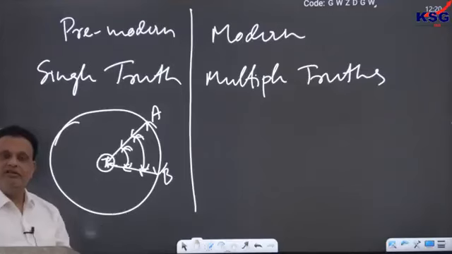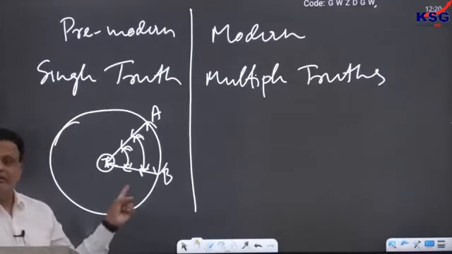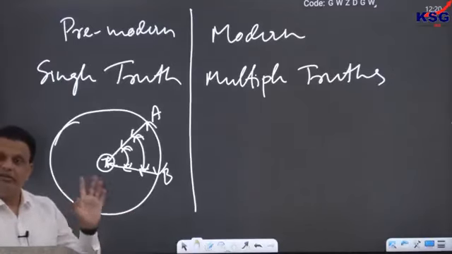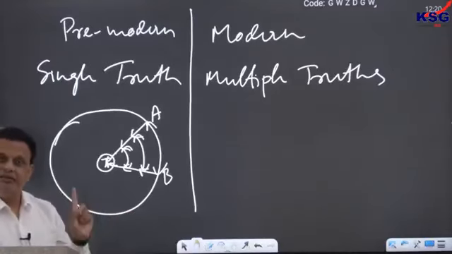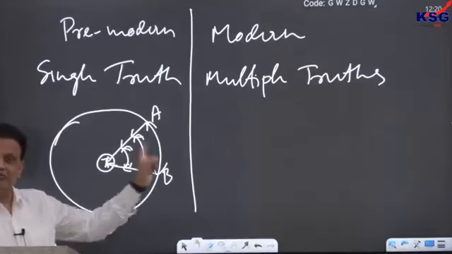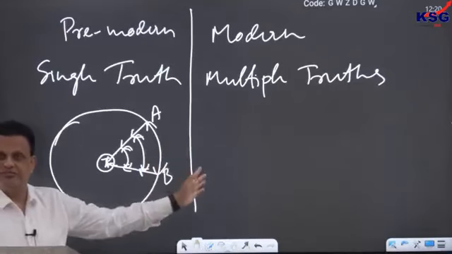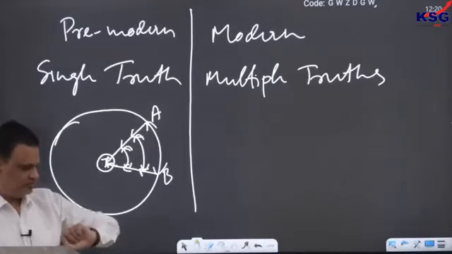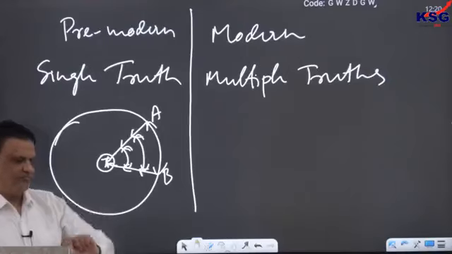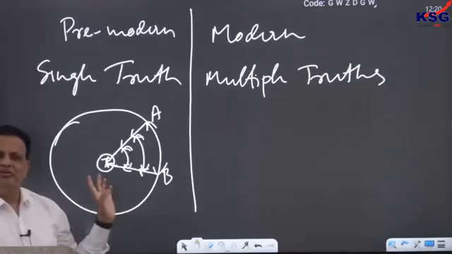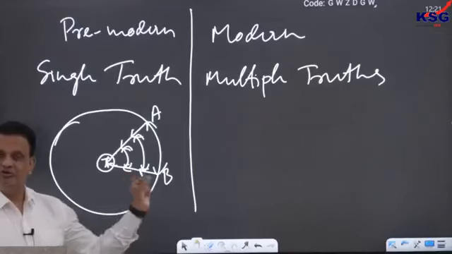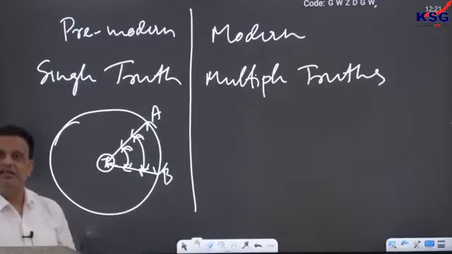So if you look at this idea of multiplicity of the truth, Mill was talking about this idea in the 19th century. Think of it. Almost 2500 years before Mill, there was a great philosopher in India who talked about a similar idea of multiplicity of the truth. Can anybody tell me who that philosopher was? So, who could that philosopher be? Almost 2400 years before John Stuart Mill, there was a great philosopher in India who was talking about a similar idea of multiplicity of the truth.